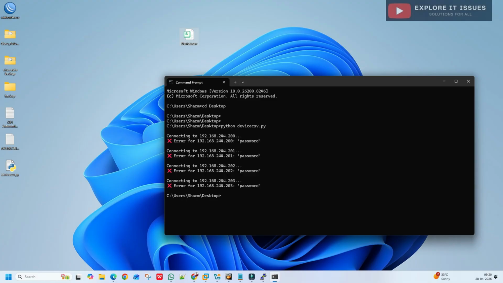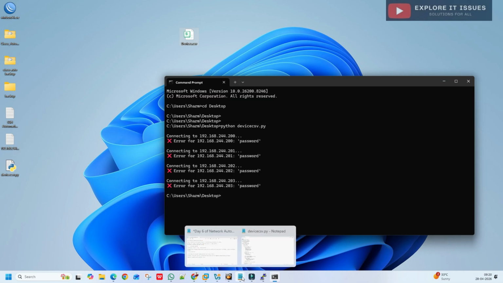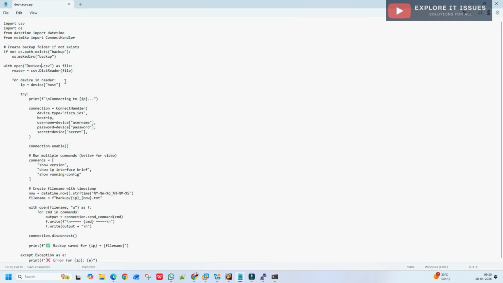Oh, it's showing a password error while connecting to the device. Wait a minute, I'll check the script. The password is correct, the host is correct, the secret is correct.